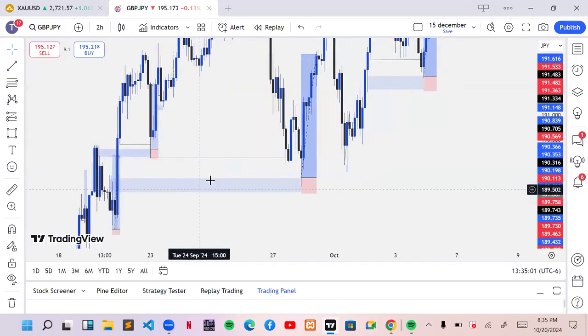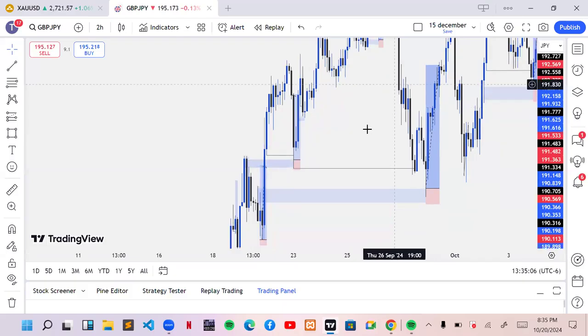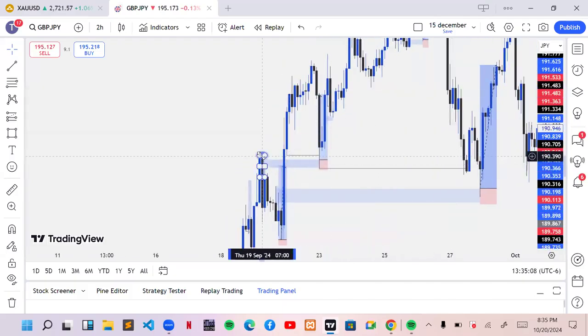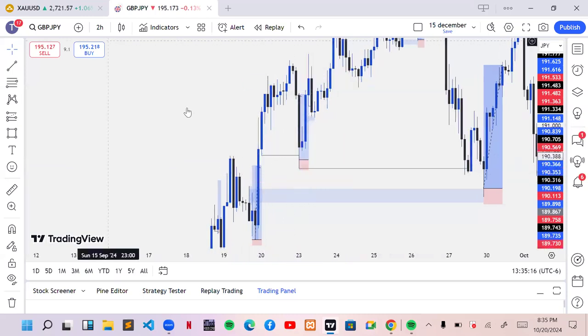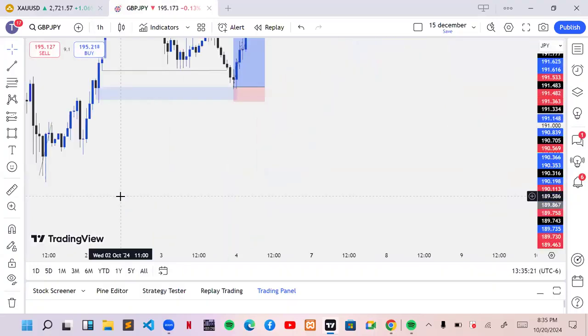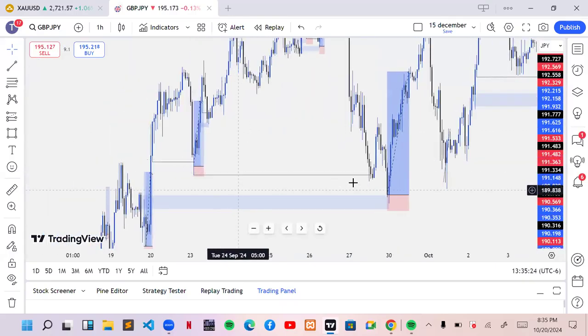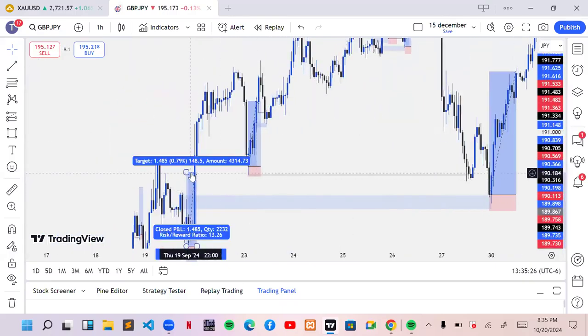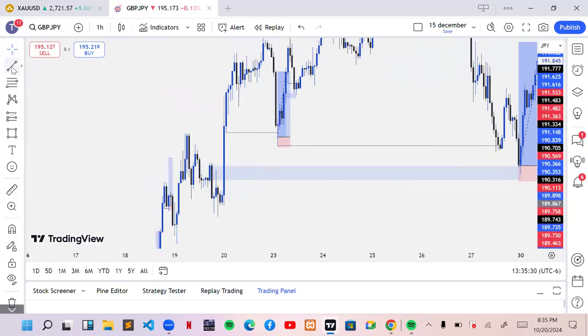Okay, yeah, this trade right here, 2 hours time frame. If you pay attention to this trade, we'll move on our time frame. So if you pay attention to this trade right here, this was a shift in market structure because market was